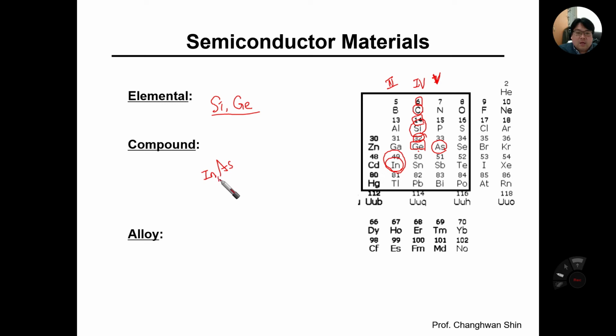Herein, it is 50%, 50%. Okay? So half and half of the total material: the compound semiconductor material consists of half indium and the other half arsenide. Right? So in this case, we are saying that it is a 3,5 compound semiconductor material. Okay,